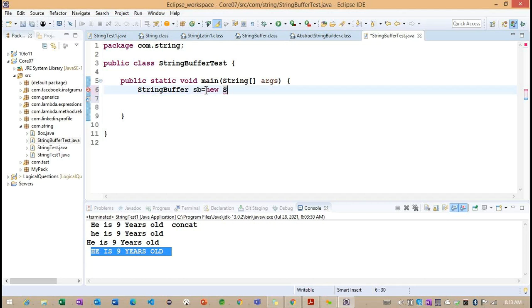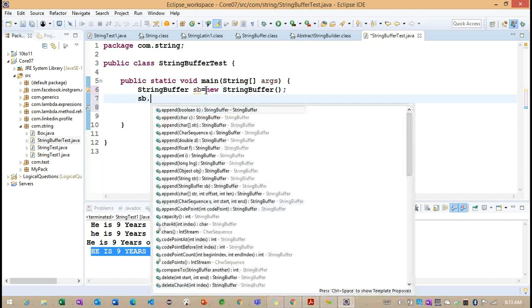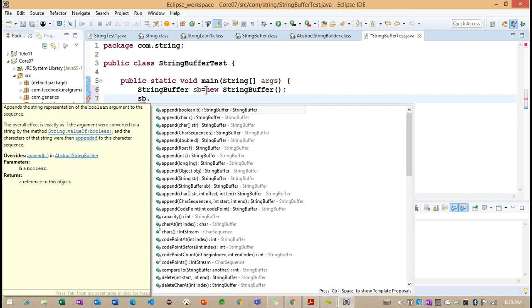StringBuffer sb is equal to new StringBuffer. Now sb dot, these are the append methods. So just as we identified the concat method, in the same way we have the append method. These are for different data types. Now we can pass int, float, double, char, and boolean. So everything we can pass here.